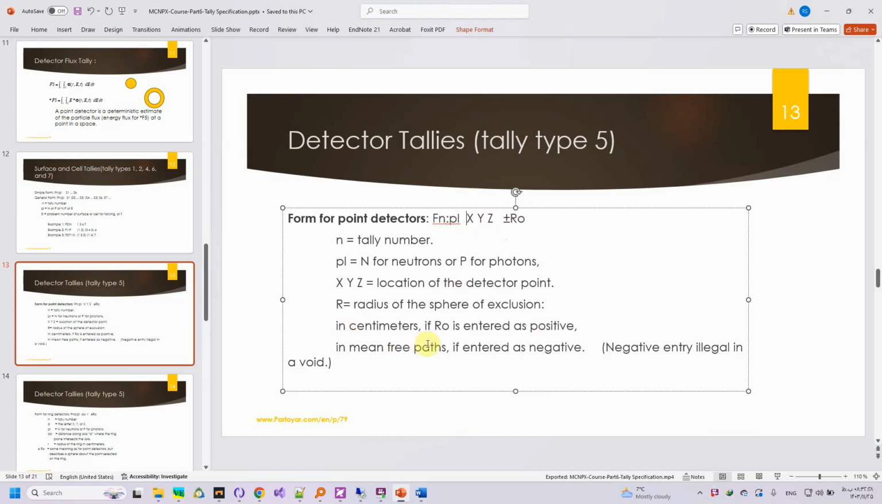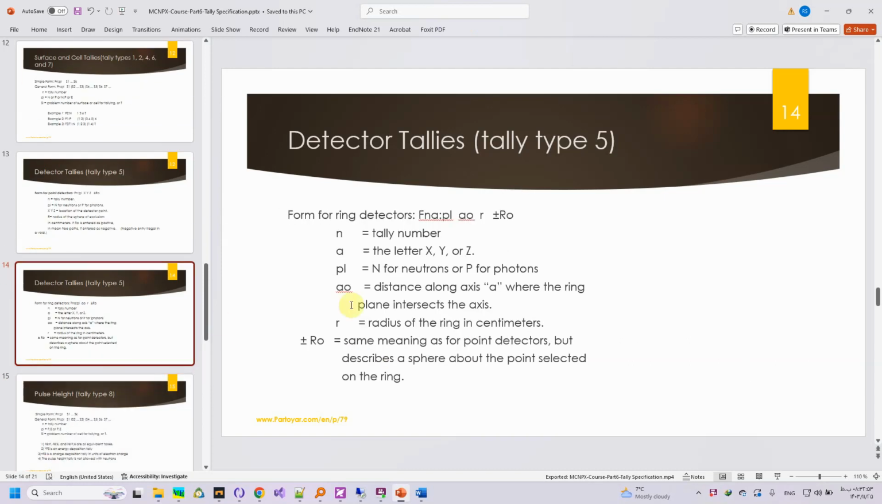The plus sign means that we enter the parameter in centimeters, and the negative means that we consider the radius in terms of mean free path. Here, mean free path. Detector tally number type 2,